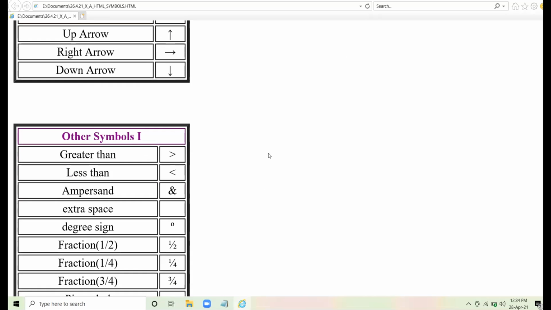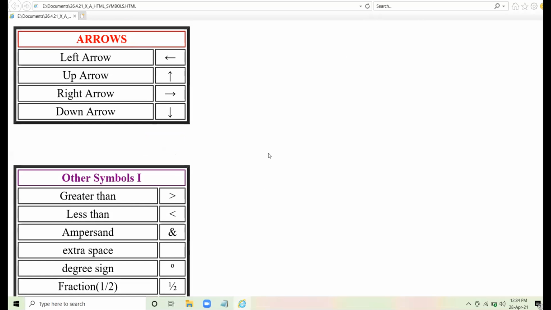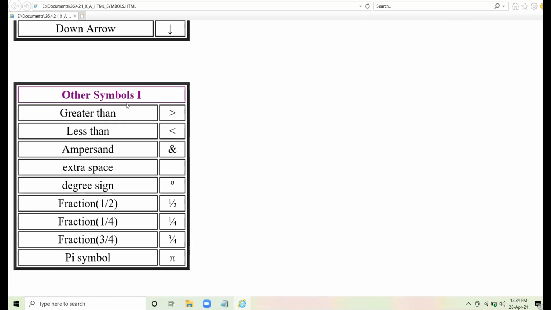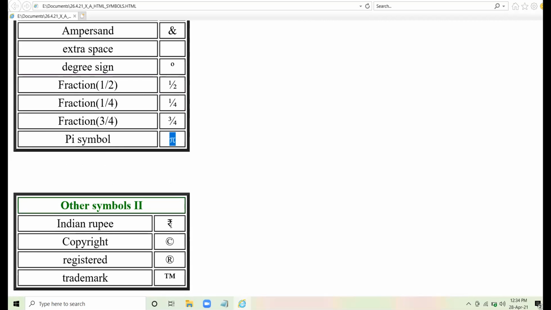So, first of all, see the symbols for which we have to revise and go through the HTML code. All the arrows, greater than sign, less than sign, ampersand, extra space, degree, fractions, pi symbol, Indian rupee, copyright, registered, trademark.